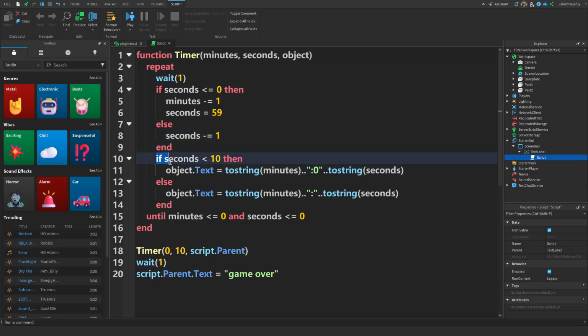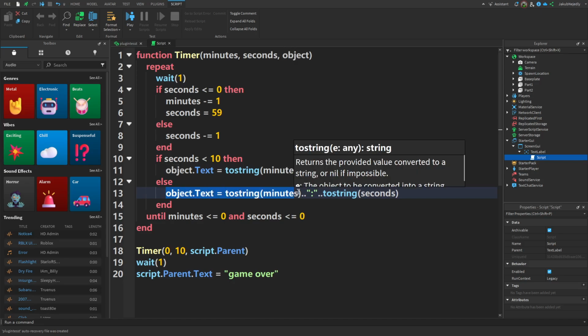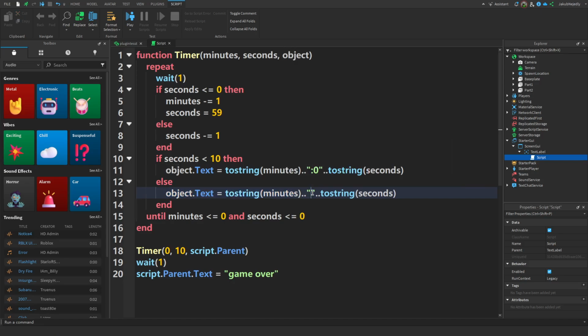And here, if the seconds are less than 10, then in the text there's gonna be a 0 between minutes and seconds if it isn't a two-digit number. And if the seconds are a two-digit number, or greater than 9, then there's just gonna be this in between the